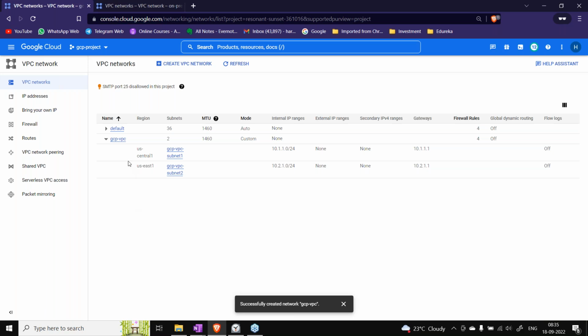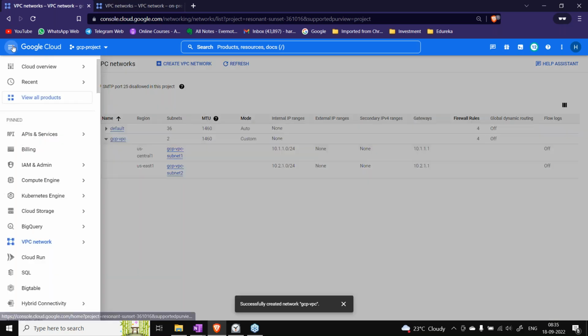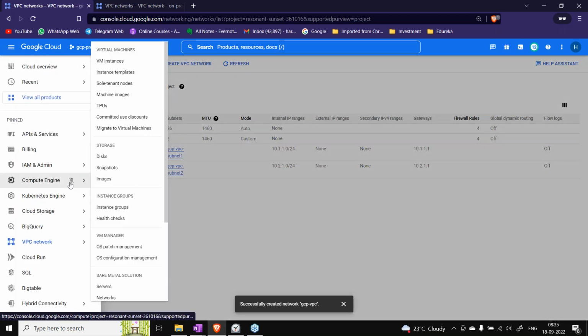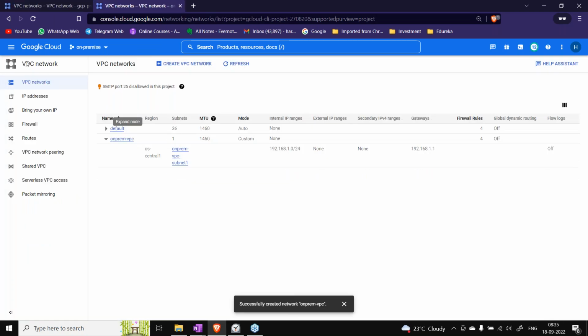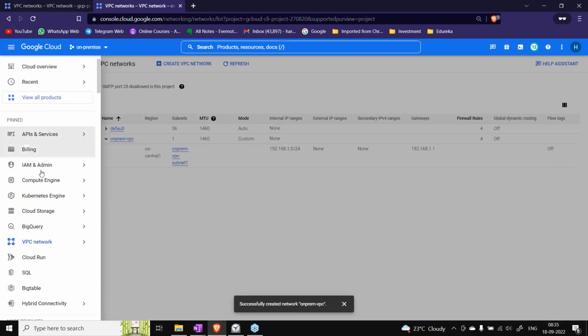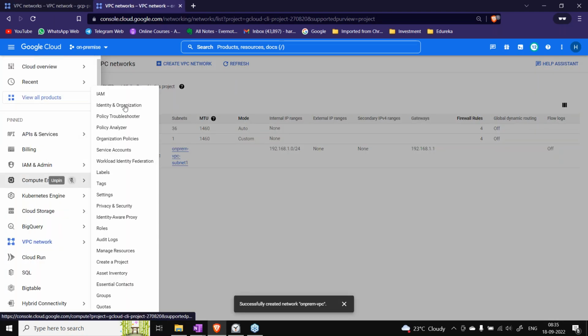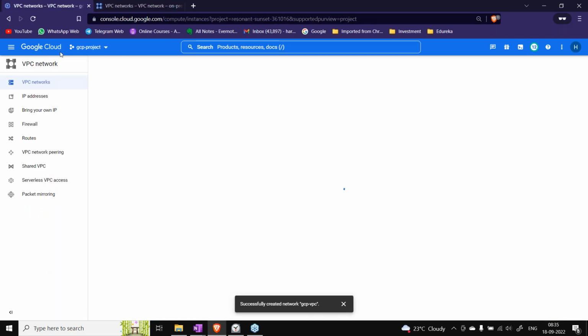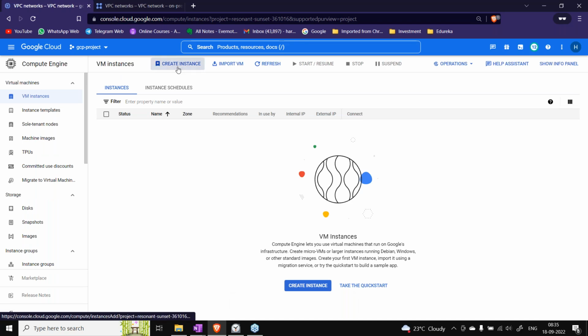It's very important. Now let's create one VM also in each project. So in the GCP project I'm creating one instance.